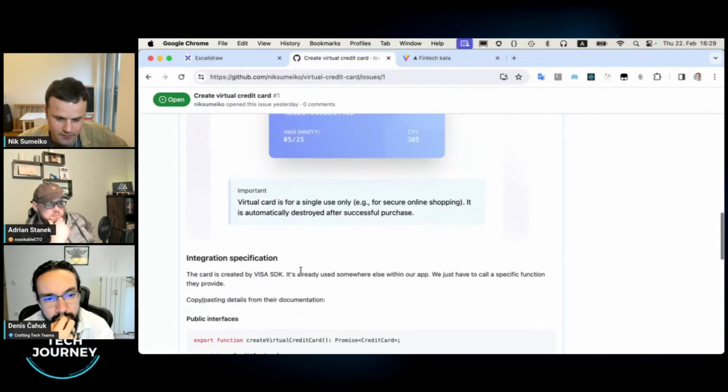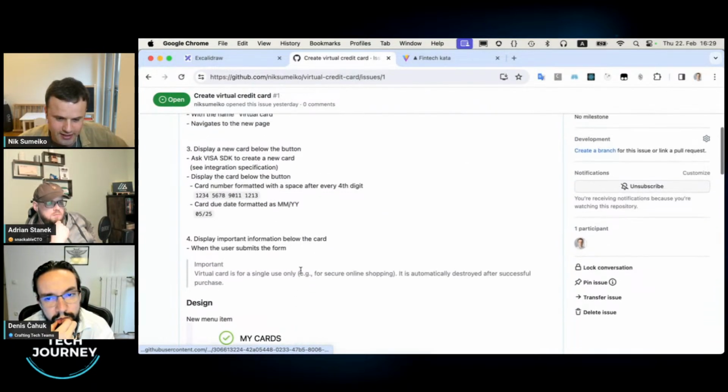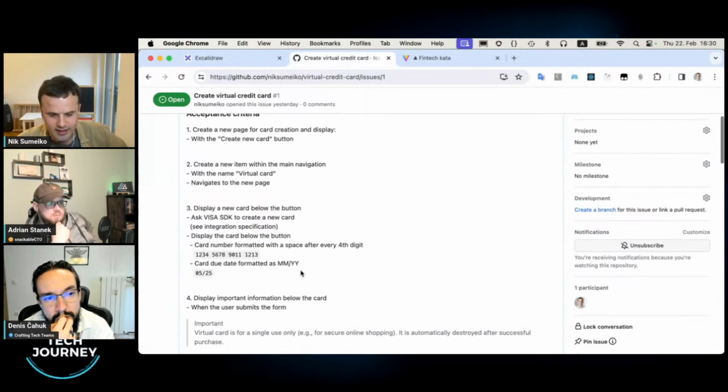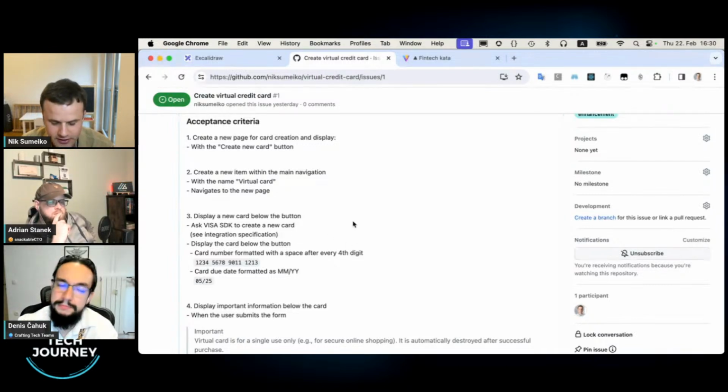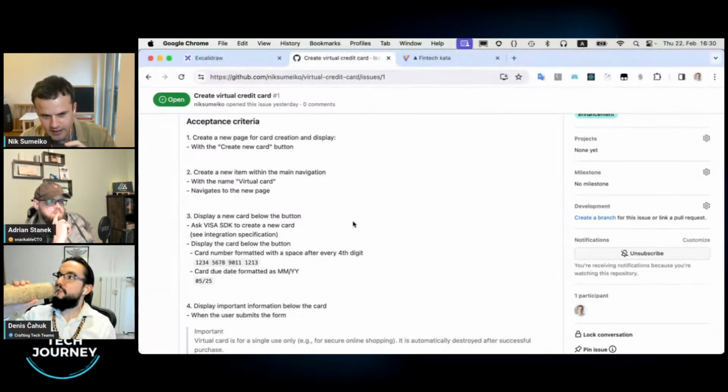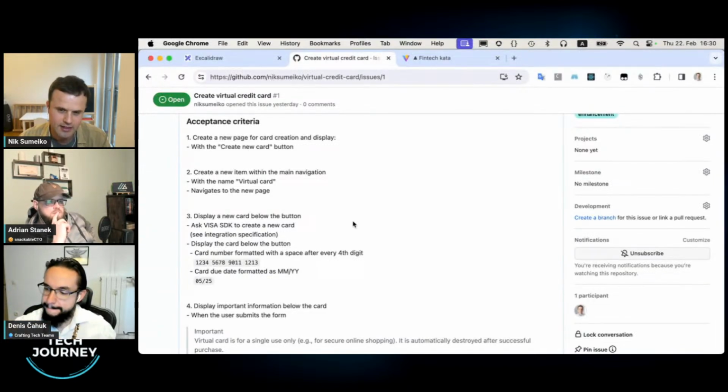All right. So how do I approach these kind of tasks? Okay. First, what I think is the following: how can we and what shall we test here? And for me, reading these acceptance criteria, there is a clear path. There will be a page. On the page will be a button. So I have to be on that page. I have to click that button. And when clicking the button, afterwards, I expect on the page to see the card.